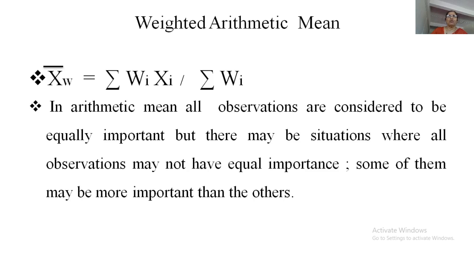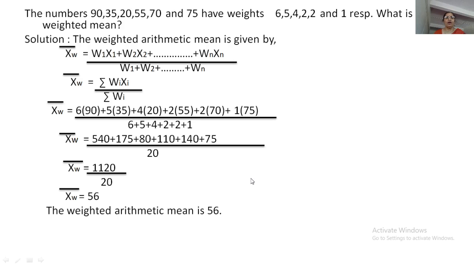So what would be the average price of that mixed quantity? In this case, observation 1 has 200, observation 2 has 300, observation 3 has 500. My values of x1, x2, x3 are 1 kg, 1 kg, 1 kg. Therefore, my weighted average will be 200 plus 300 plus 500 divided by 3. In this way, we can use the weighted arithmetic mean.